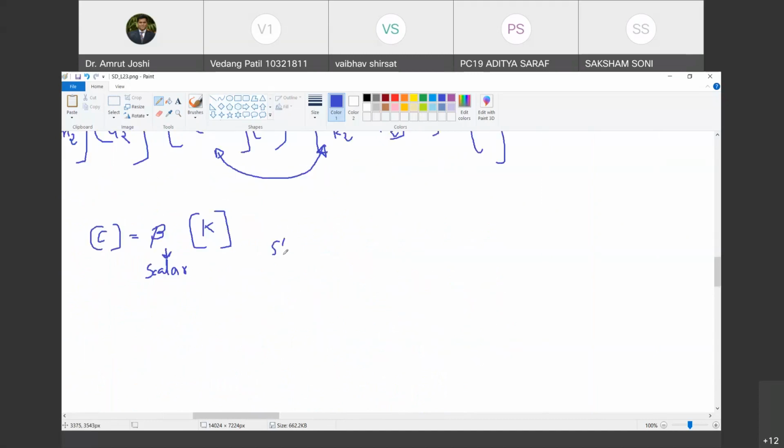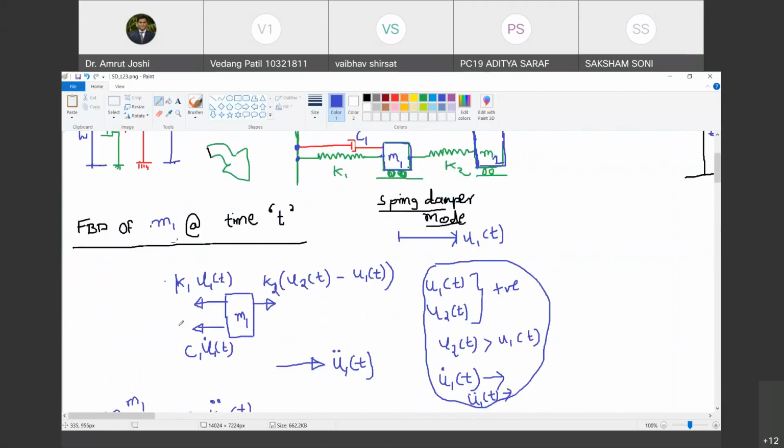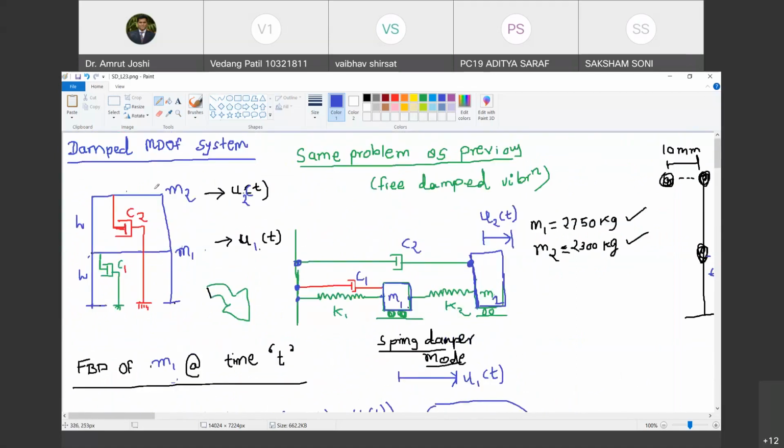Which damping is this? This is stiffness proportional damping. So what is the difference between mass proportional and stiffness proportional damping? For mass proportional damping, this was the arrangement where the damping force prevailed between the first mass and ground, second mass and ground, third mass and ground, fourth mass and ground. For a system with any number of degrees of freedom, up to the last degree of freedom and ground. So when the damping force prevails only between ground and the degrees of freedom, we get mass proportional damping. Do you agree with me?